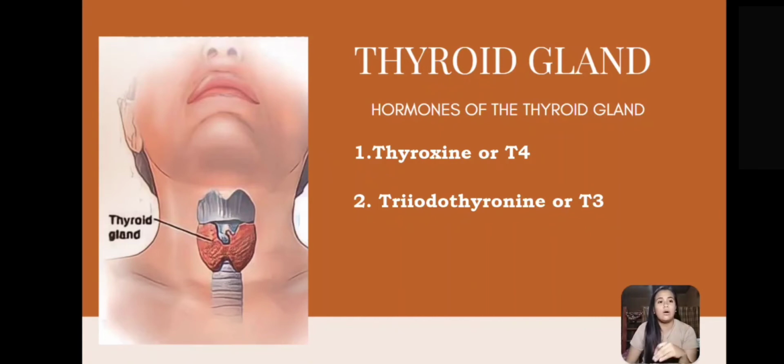Because if it is in the inactive form, it cannot impact the cells. So what would be the use? Once T4 is released, other parts or organs of our body make it into T3, which is the active form, so that it can impact the cells. So the function of these is that it controls the speed at which